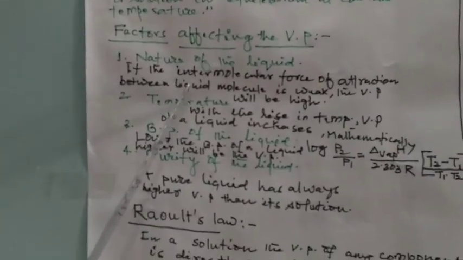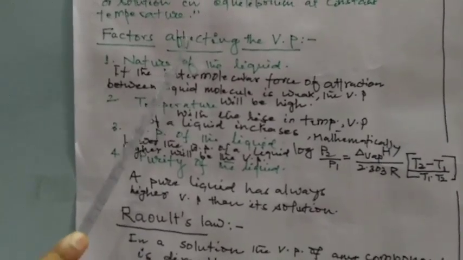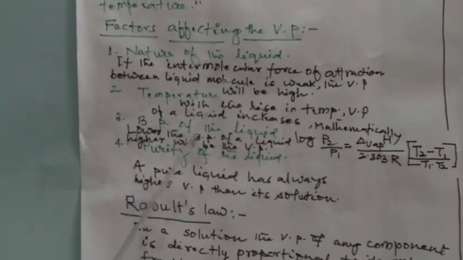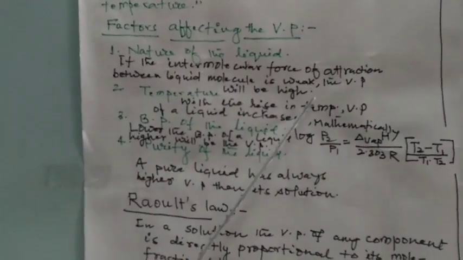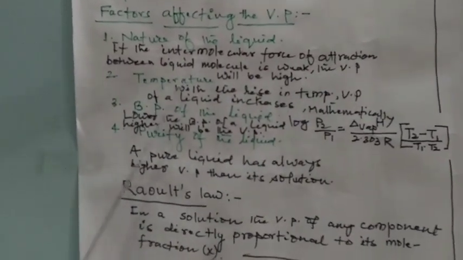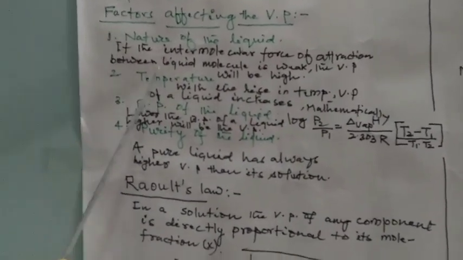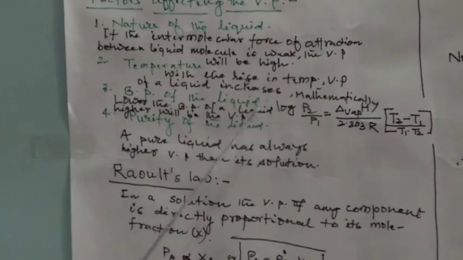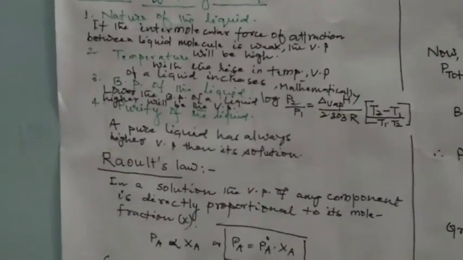Second factor is the temperature. With the rise in temperature, what happens? The kinetic energy of the liquid molecules as well as the random motion of the vapor molecules go on increasing, so the vapor pressure will go on increasing. So with the rise in temperature, the vapor pressure of any liquid goes on increasing, which can be mathematically expressed by the